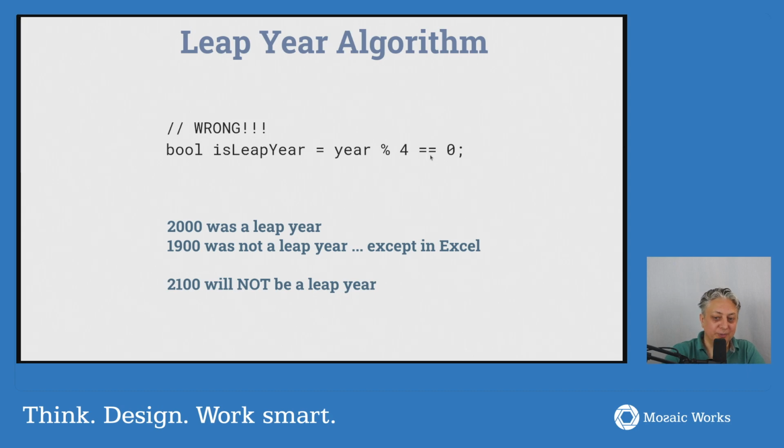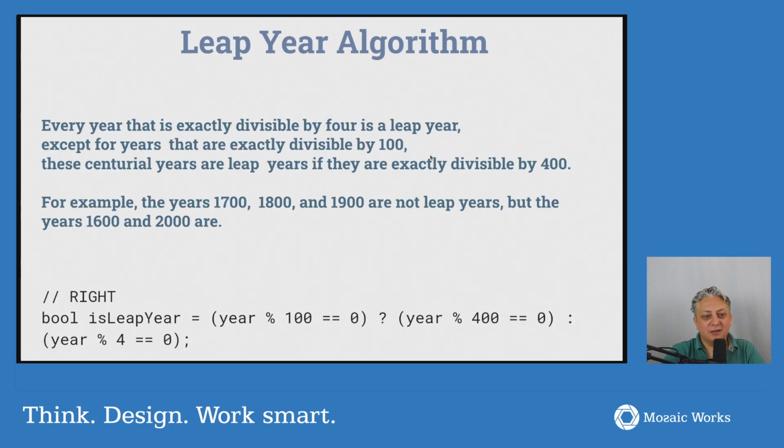2100 will not be a leap year. So just checking division by 4 is not correct. What you really need to check is that if it's a centennial year, it has to be divisible by 400. This is why 2000 is a leap year, and 2100 will not be a leap year, because 2100 is not